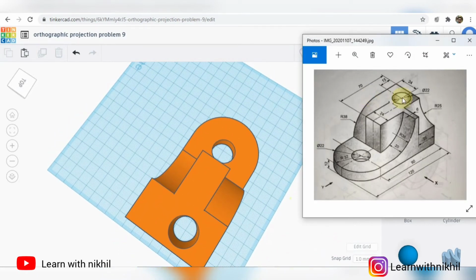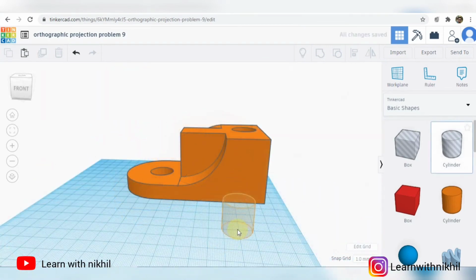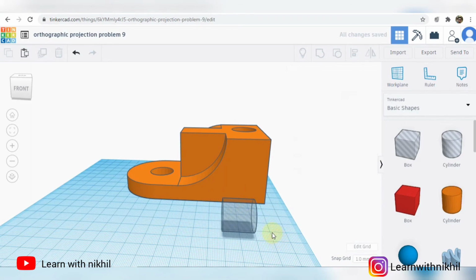Now the last remaining part is this slot. The radius given is 25 and the distance is 26. So for that I'll consider a cylinder, made its sides smooth. First we'll rotate it by 90 degrees. As you can see, I'll write here 90, so it has been rotated.